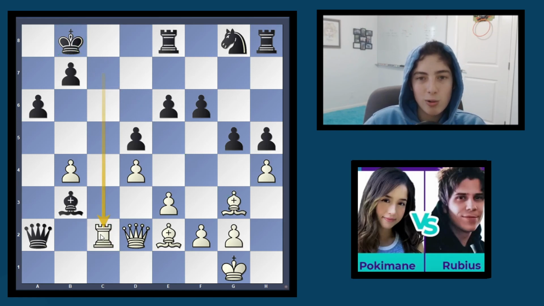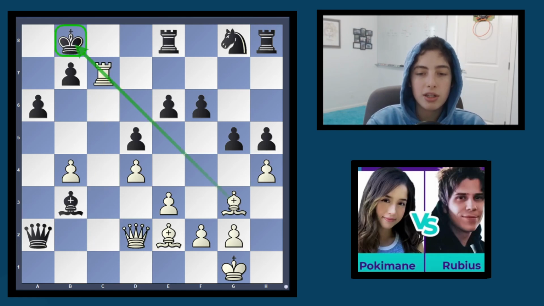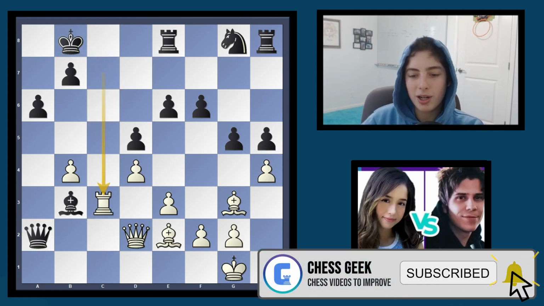So rook to c2 was played here, winning the queen, and Pokimane is not only back in the game, but she's actually better here, up material. And so look at how quickly things switched, and the only reason for that is that there was a queen in the game. If the queens were off, rook to c2 here would not win a queen,